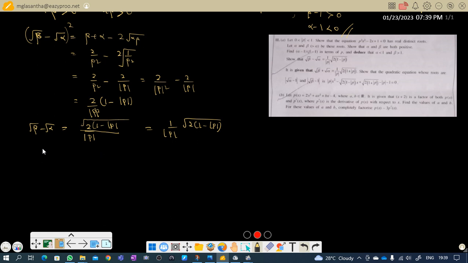Now they have given this, root beta plus root alpha, as 1 over mod p times square root. Now you don't need to find this, they have given that, so you can use it. So the quadratic equation roots are modulus of square root alpha minus 1 and